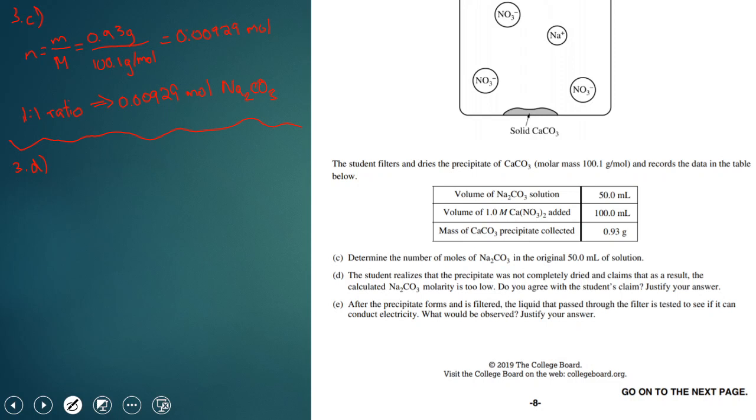Okay, so let's think about this. If it hasn't completely dried, there's water in it. However, we're not accounting for that water in our molar mass. So think about where the mass and the molar mass is when we're calculating the number of moles. Mass is on top, molar mass is on bottom. So if we're increasing our numerator of a fraction, the overall value of the fraction is going to go up, which means that